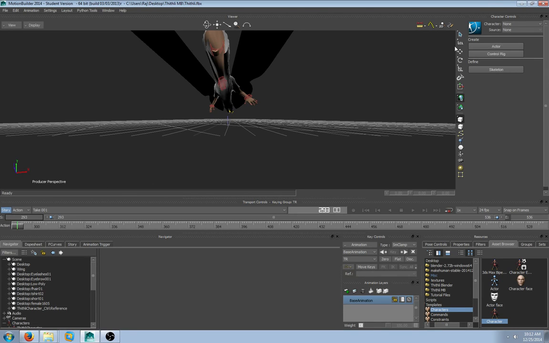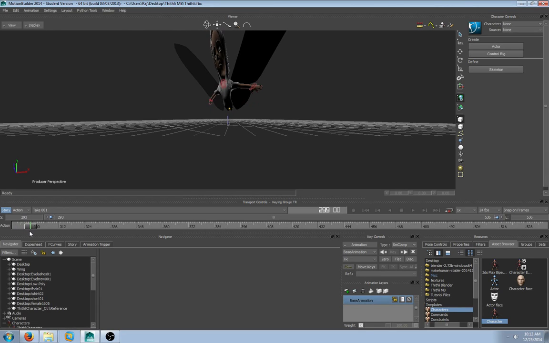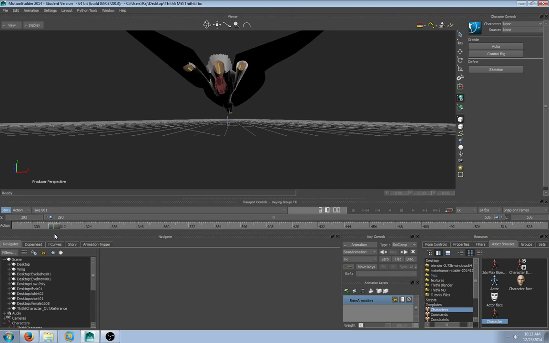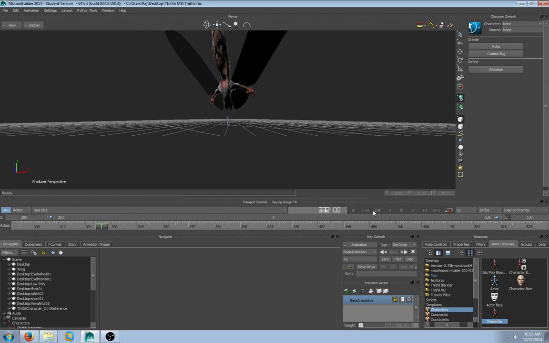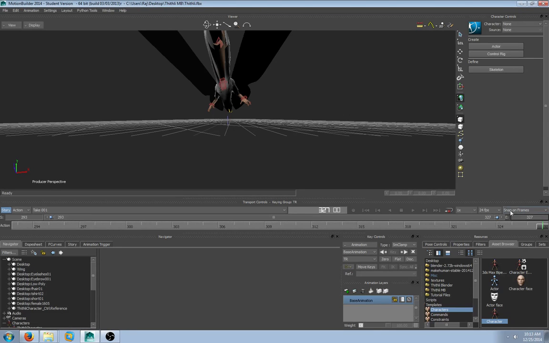Let's have this as our starting point, and the end point, one full loop and going back to the same place. We don't have to worry about accuracy right now. From 293 to 327 appears to be fine. Now if we start our loop and we try,